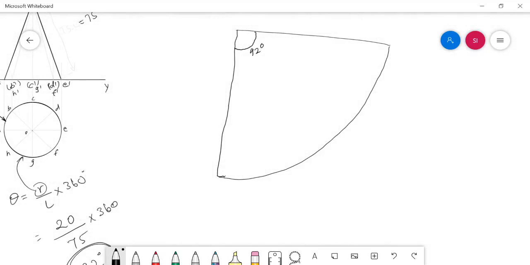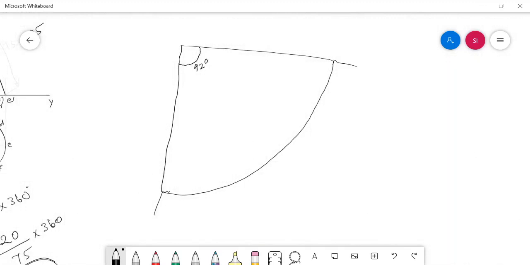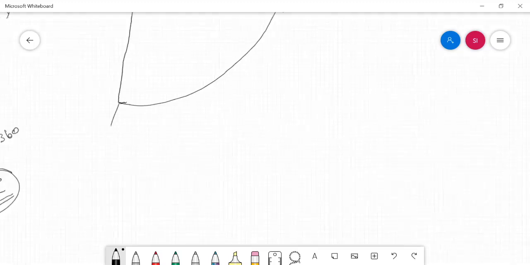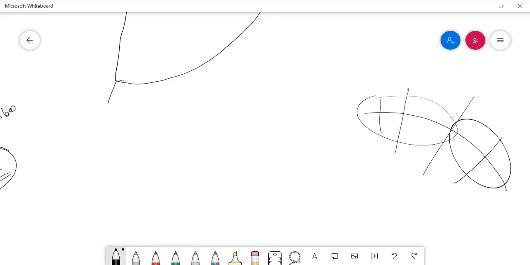In the meantime, we need to split the total arc into 8 equal parts, in order to split this sector into 8 equal parts. For that, you can follow the regular geometrical method to split an arc into a number of parts. First, split the arc into 2 equal parts, then split each of the two parts again into two equal parts, and again split each part into two equal parts.